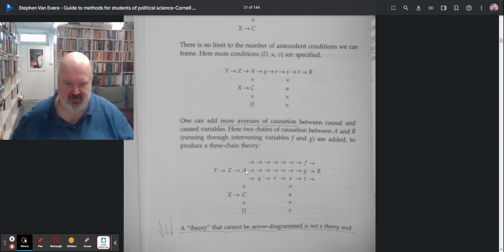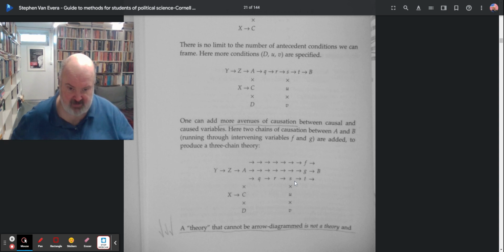This causes this, but it does through this process. It either goes this process to F, or this process to G, to B. So A goes to F to B, A goes to G, then to B, A goes to Q,